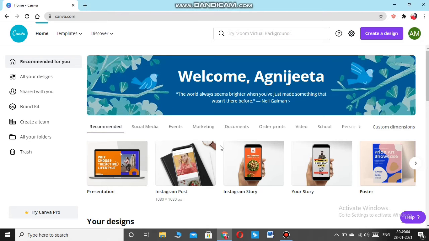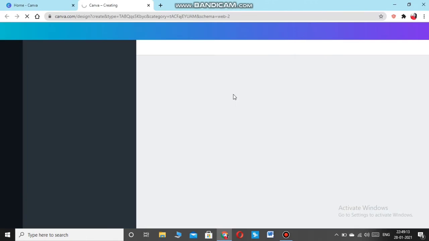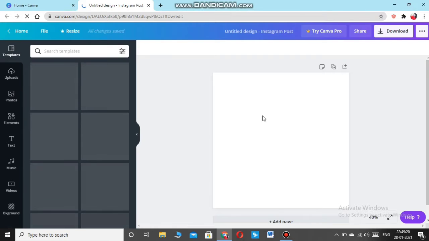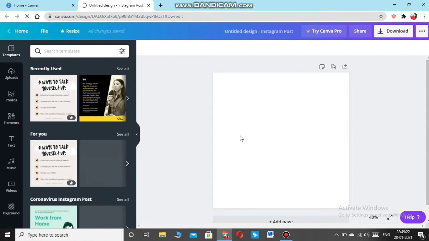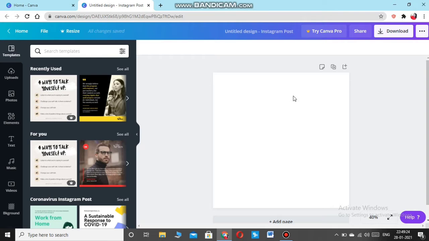As you can see, it's almost a square shape, 1080 by 1080 pixel size. It's absolutely a square shape. So I'll click this, and in just a moment a blank slide will come, as you can see. I would prefer to design my post from scratch, but if you can't do that, on the left hand side you can see there are lots of templates